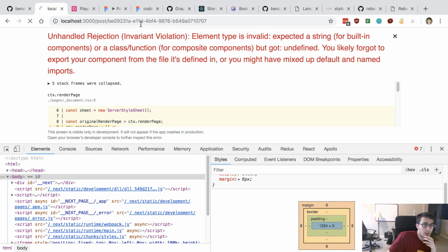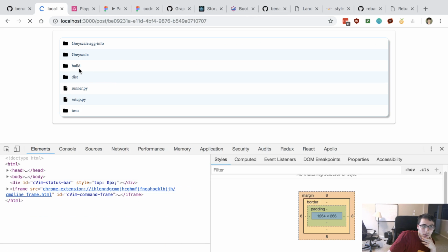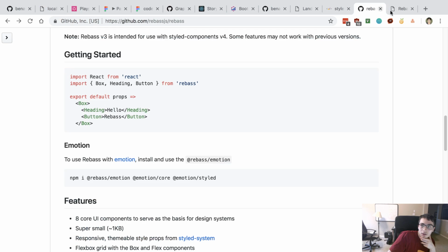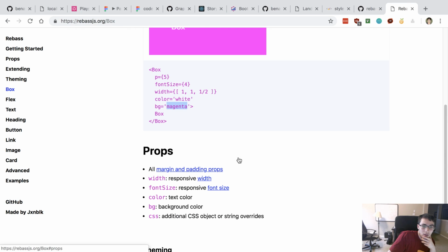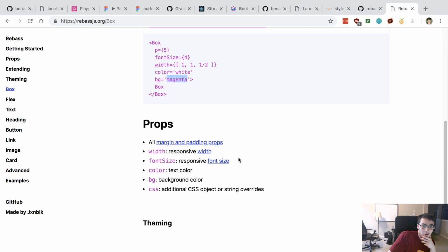Well, it looks like there is a way to kind of alias things. Alright, so that renders. Because they set the background to magenta there. That's basically what we want to do.